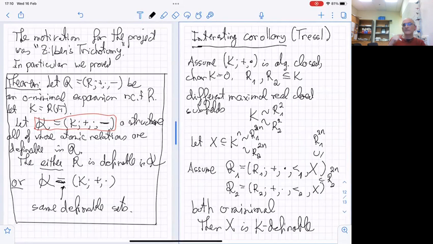Okay, again, if we started from a constructible set, then it's automatically true because X will be definable in the field R1. The field R1 is O-minimal, so we will not be doing any expansion. Same thing, it will be definable in R2 in coordinates, so there will be nothing. But the statement is the converse. If it is definable in two structures which are O-minimal, the only way it can happen is if X was already definable in the algebraically closed field K. Let's look at the proof of that.